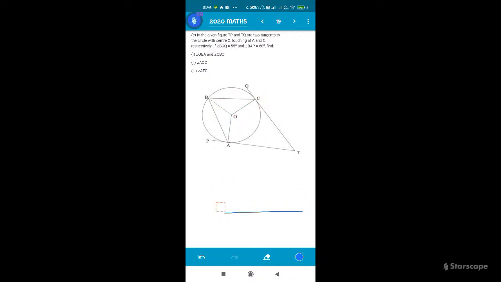Now let's move on to the last question. We have to find the value of angle ATC, this angle. Okay, the value of angle AOC was 130 degree, we just saw. We know one thing, that the radius and the tangent are perpendicular. So these two angles will be 90 degree. Angle OAT and angle OCT, they are both 90 degree each. And also in a quadrilateral, we know that the sum total of all the angles is equal to 360 degree. So the sum total of the angles in the quadrilateral AOCT will give 360 degree. So let us consider the quadrilateral